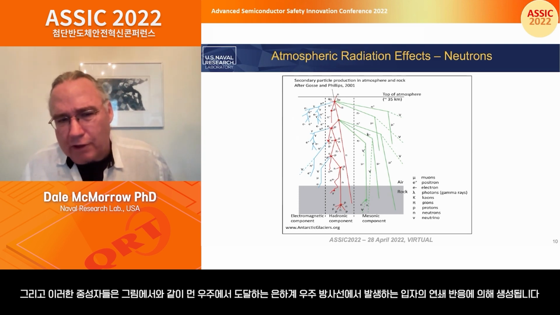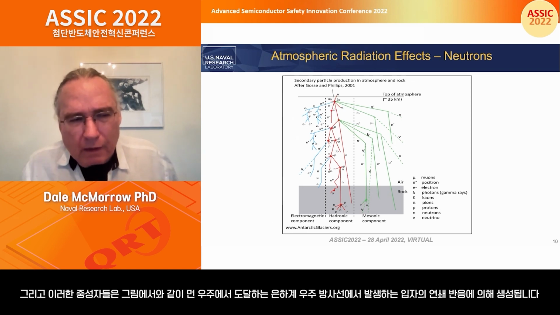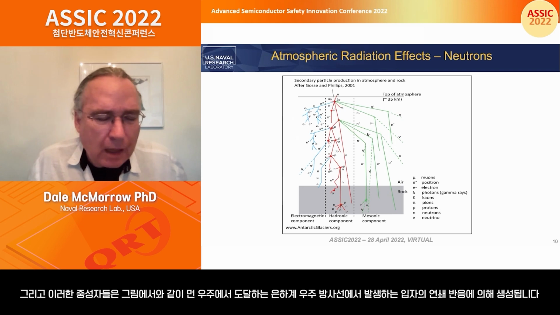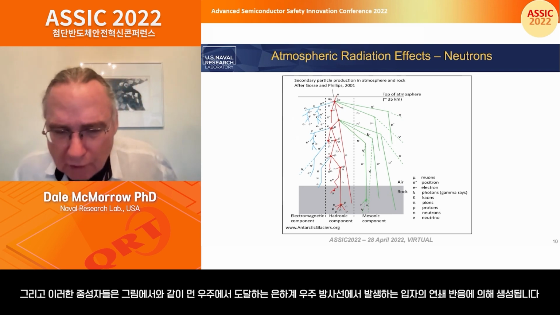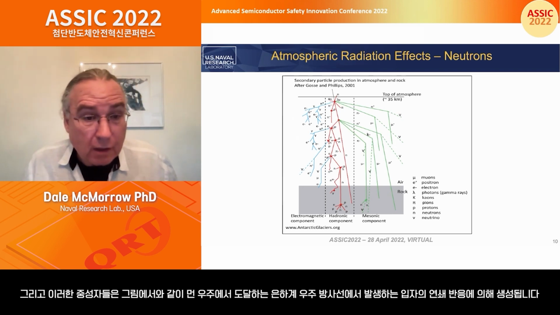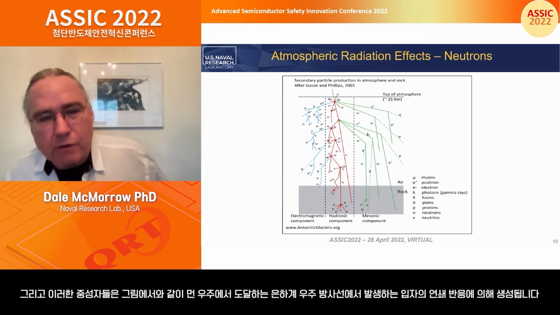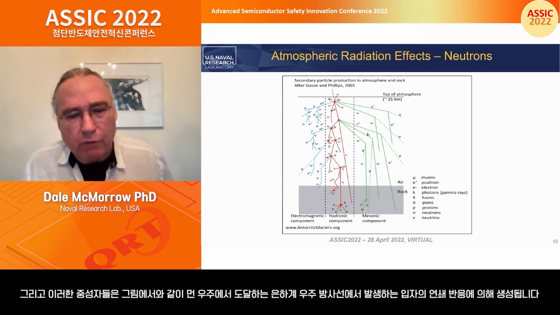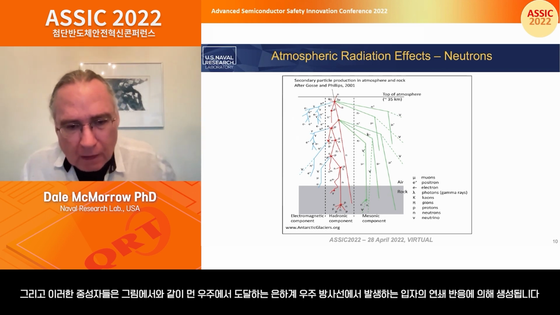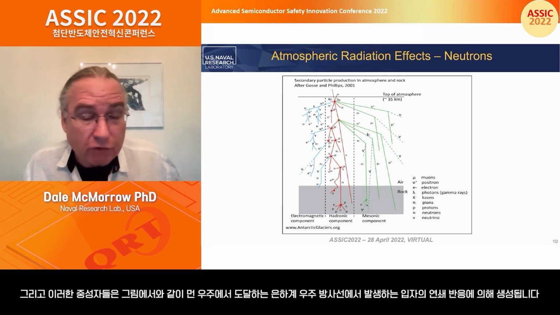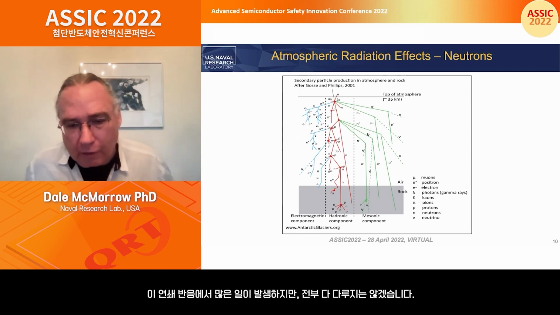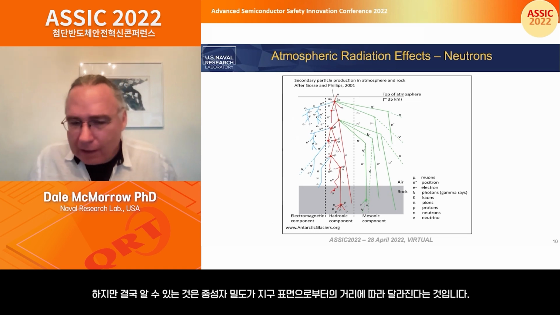And neutrons are created by a cascade of particles that arise from a galactic cosmic ray arriving from deep space, interacting with atoms in the atmosphere, just creating this cascade of particles as is shown in this figure. Now, there's a lot going on here, and I'm not going to go through it all. But in the end, what we end up with is